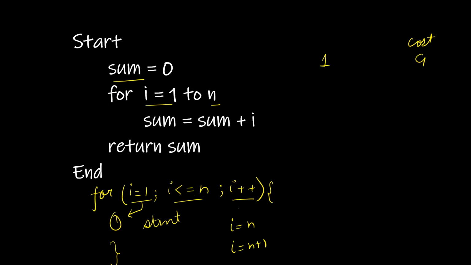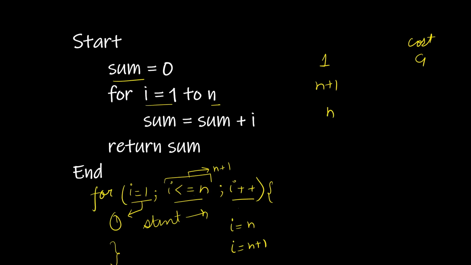For the n plus 1th time, our condition is checked. Now it finds that it is false. So our for loop stops here, and our statement is not executed. Now we can see that our conditional statement is checked n plus 1 times, while our statement as well as the incrementing step run only n times. So for this for loop we can see that it will run n plus 1 times and the statement inside it will run only n times.